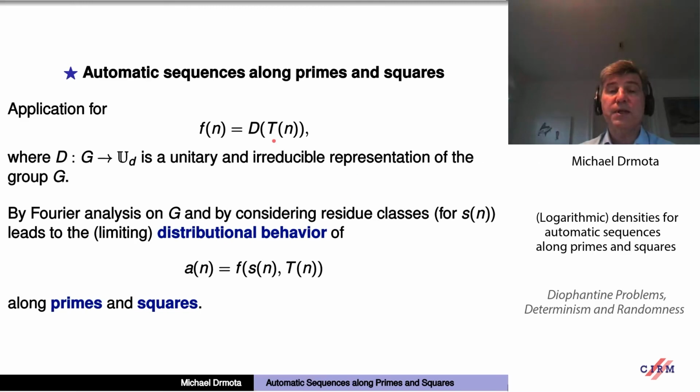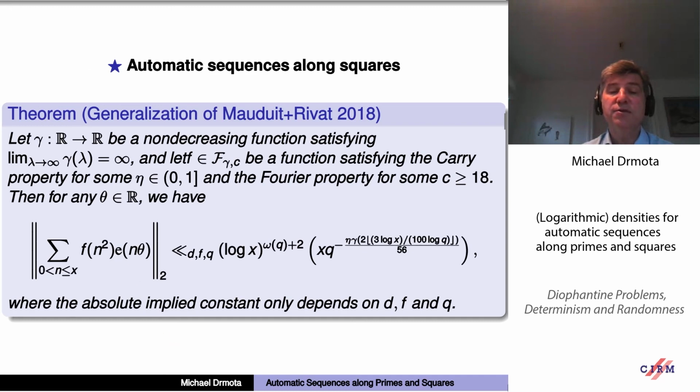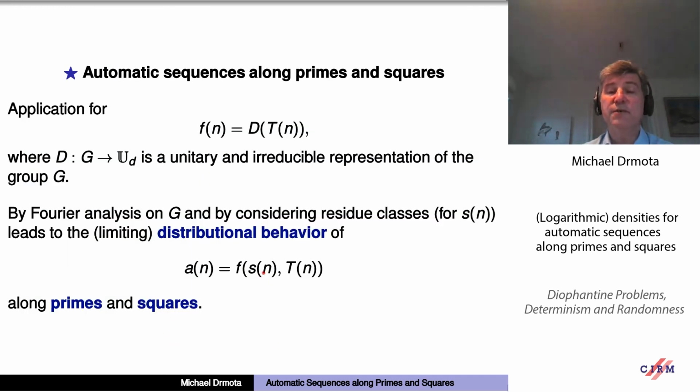While we had these exponential factors here, they can take care of S of n, which is almost periodic. And now we just do some Fourier analysis on the group G. This gives rise to this representation, and consider, as I mentioned, residue classes for taking care of S of n,